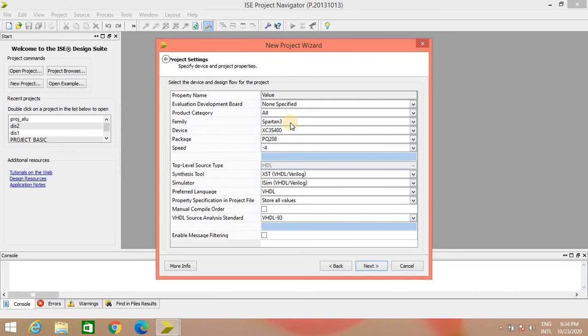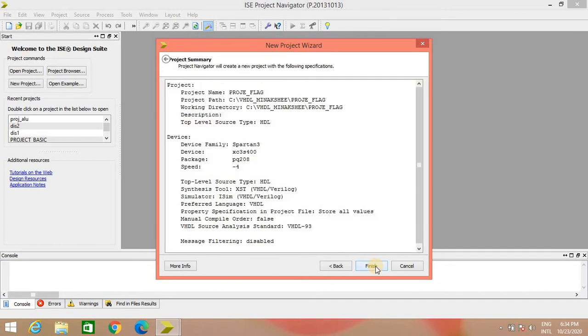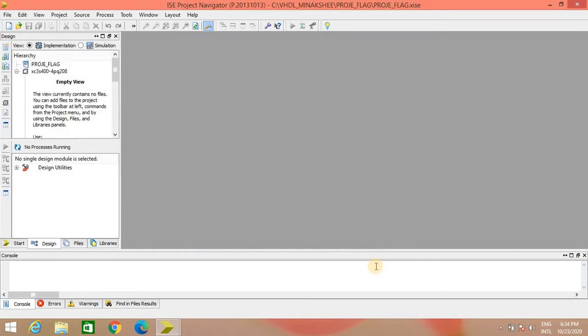So it is Spartan 3 device, XC3S400, package is PQ208. Language we can select between VHDL and Verilog. We will prefer VHDL. Next, finish. Here you can see the same device that we have selected.